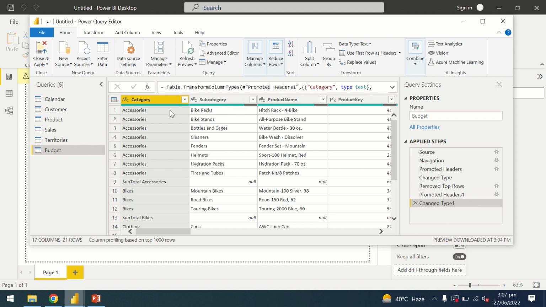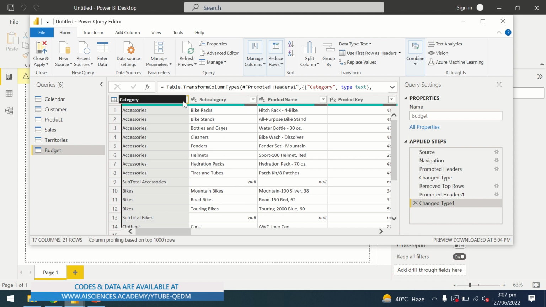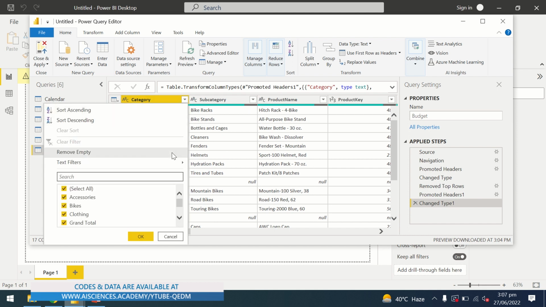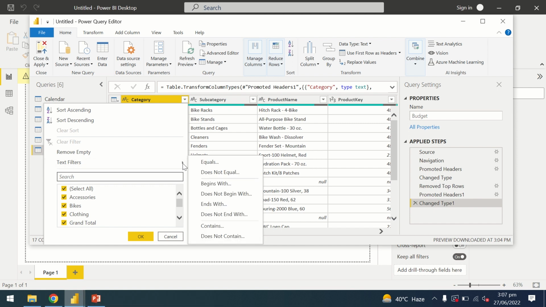We are not stopping here. I'm seeing here that I have some null values, and in my data I don't need those null values. So what I can do is go to the category option. In my category, I need to apply one filter, clicking on the arrow, and I need to apply the text filter, that here in my data,